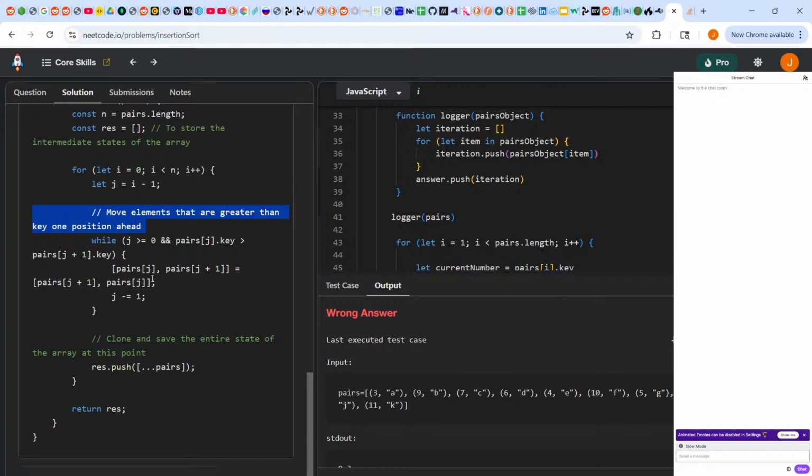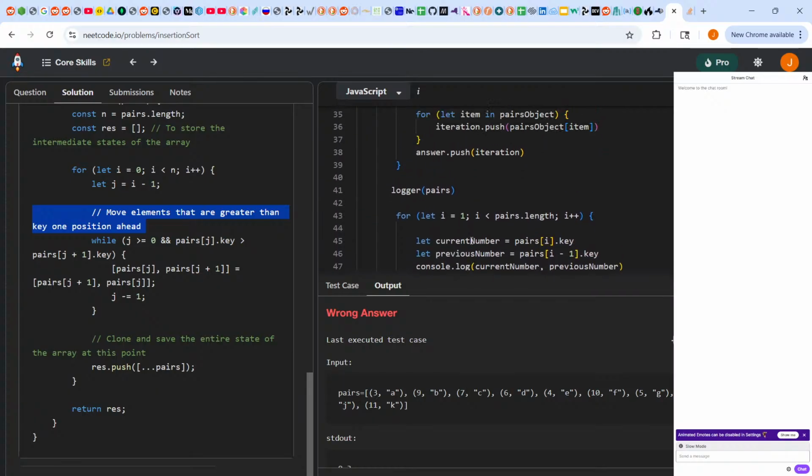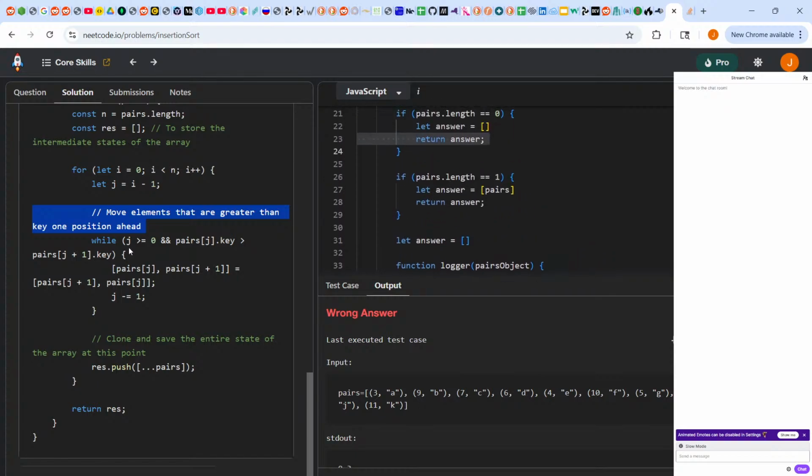So while j is bigger than or equal to 0, which we have similarly, or I guess we're comparing the item to the item ahead, they also do the full array starting at 0, okay. With j being equal to i minus 1 at 0, but j can't be -1 in this first one. i equals 0, this is -1, while j is bigger than or equal to 0. Okay, yeah, so it would skip this in the first round. Fantastic. But it would still push,